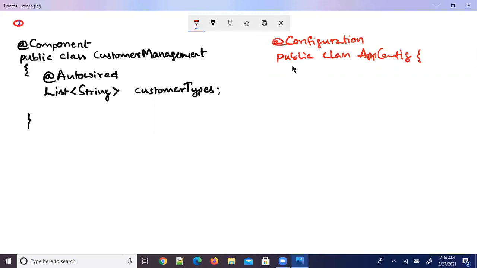So here I would like to write a @Bean method. Public List of String, types.